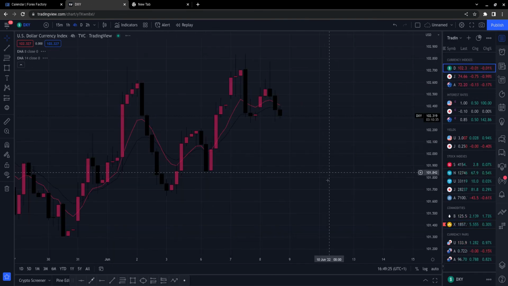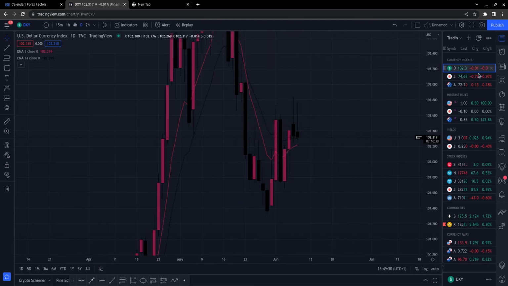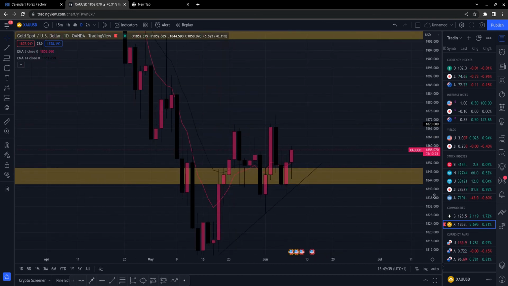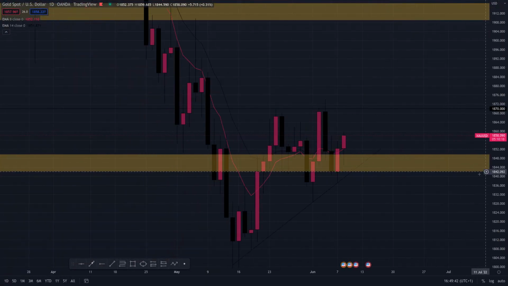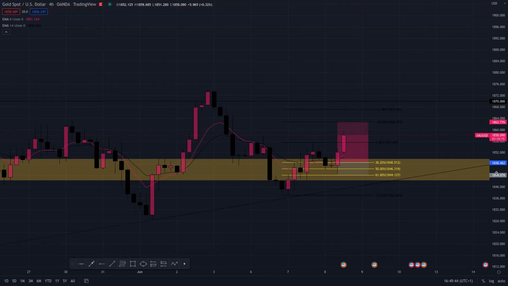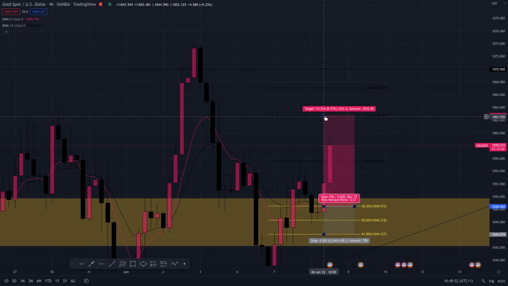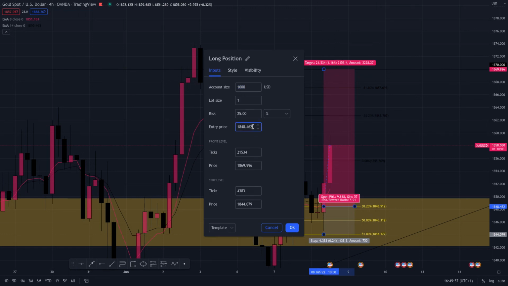If we look at the dollar index, it's currently going down recently, and gold is against the US dollar, so if the dollar is weak, then gold will rise, which is quite good. But that's the trade that I've taken. I will keep you guys updated on how the trade ends, whether I get stopped out at break even, essentially at a small profit, or it goes all the way up to 1870, which will be quite nice.